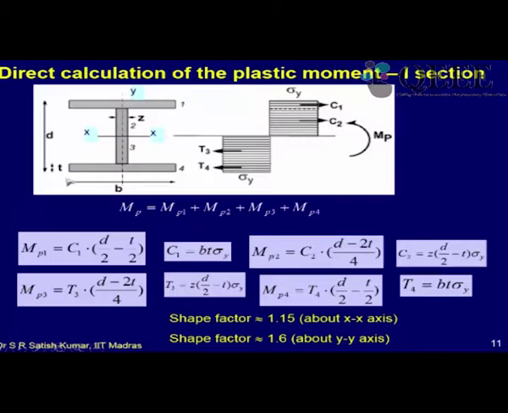So we use what are called I, channel and box type sections. If it is an I section, how do you evaluate the plastic moment of an I section? One option, like before, is to divide it into two equal area parts, where the XX axis is the plastic neutral axis, some people call it PNA for short, and you find the CG of this area,